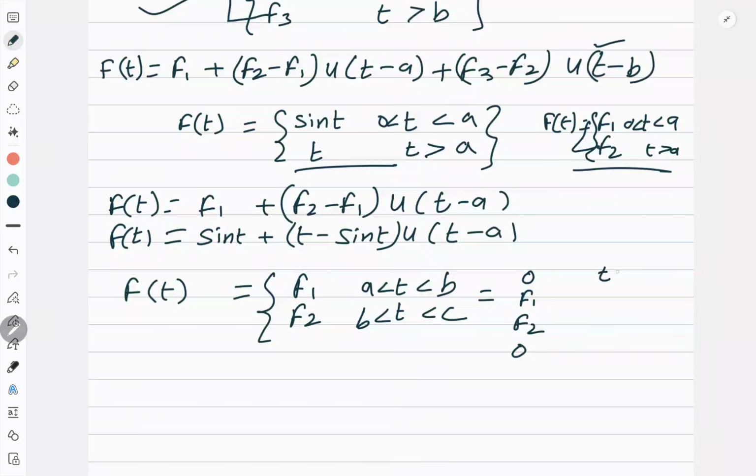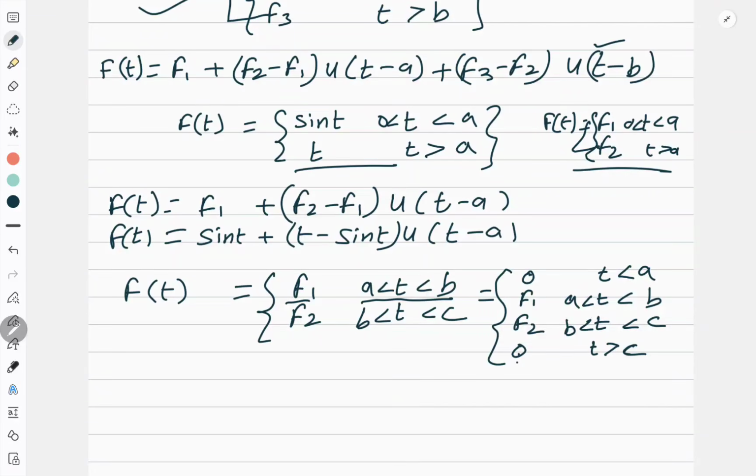0 when t is less than a. From a to b I know. Below a what is happening? I am taking it 0, so it will not affect. Then f1 is the value between a to b. f2 is the value between b to c. And then again I want till infinity, so t greater than c I will write, so it will go to infinity. So again this range I have introduced and I have put the value of the function as 0, so it will not affect my function.